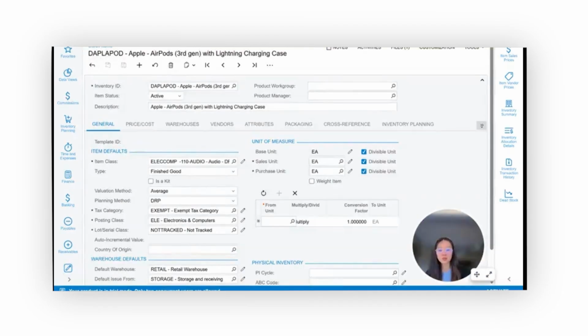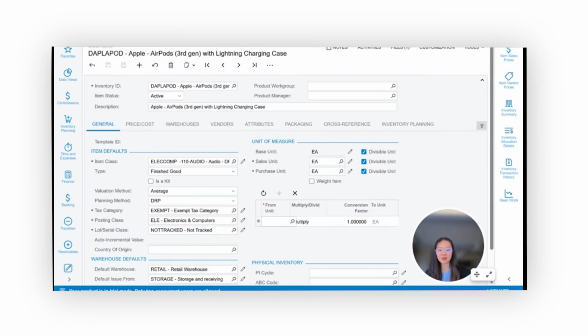So what is DRP, or distribution requirement planning, in Acumatica? It essentially balances supply and demand for an item based on planning settings by providing suggestions to buy, make, or transfer inventory. DRP calculations can include all incoming supplies, outgoing demands, on-hand quantities, and forecasts over a period of time. And when DRP is enabled in Acumatica, a workspace called inventory planning will be available for you to use and manage. But before we get started in the workspace, we will first go to the stock item screen and change